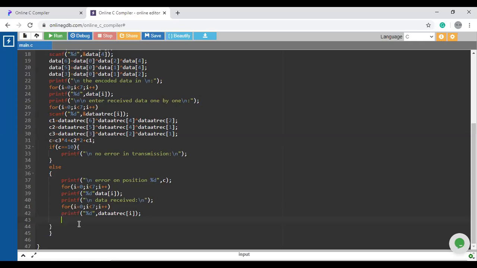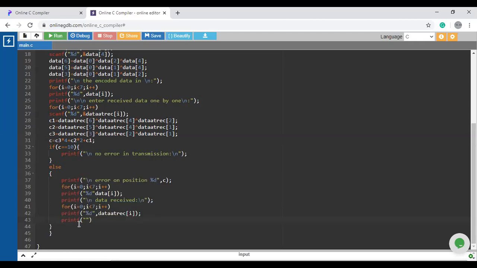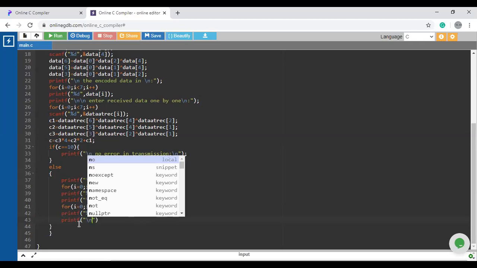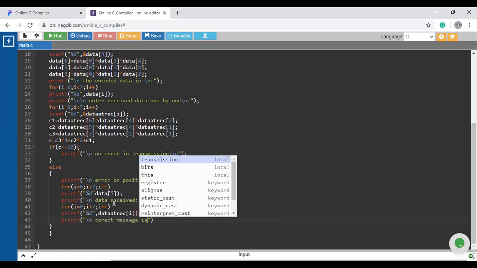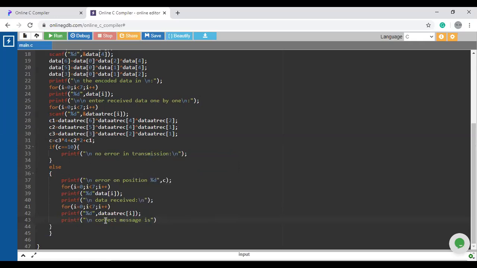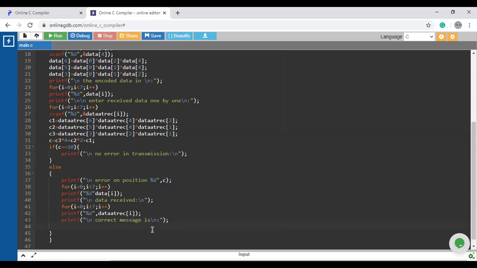And now, if there is an error, then we will correct the error. So printf, correct message is. Again we have to follow that formula.